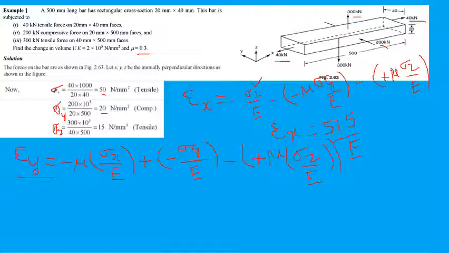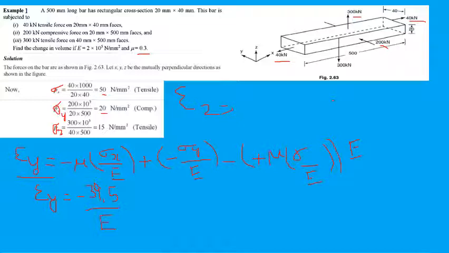After substituting the values of mu, sigma x, sigma y and sigma z, we got epsilon y equals minus 39.5 divided by E. Next, to find the total strain across the z-axis, we are going to consider epsilon z equals,